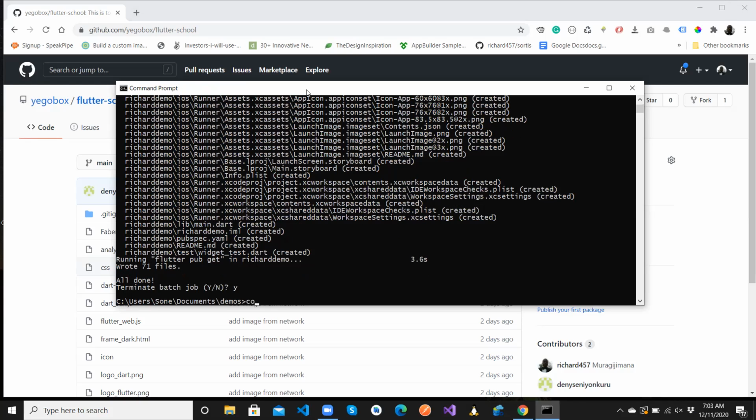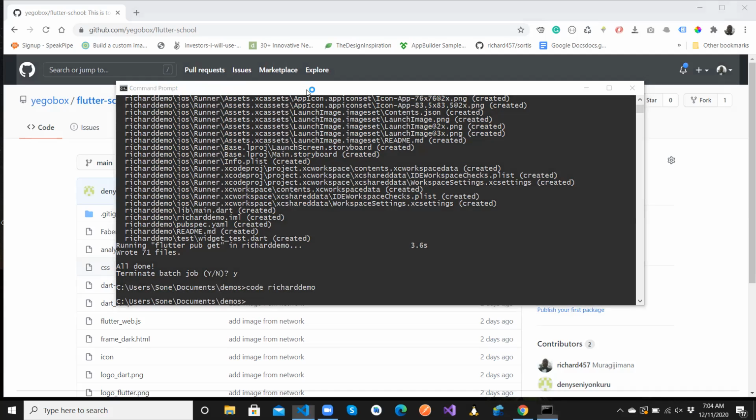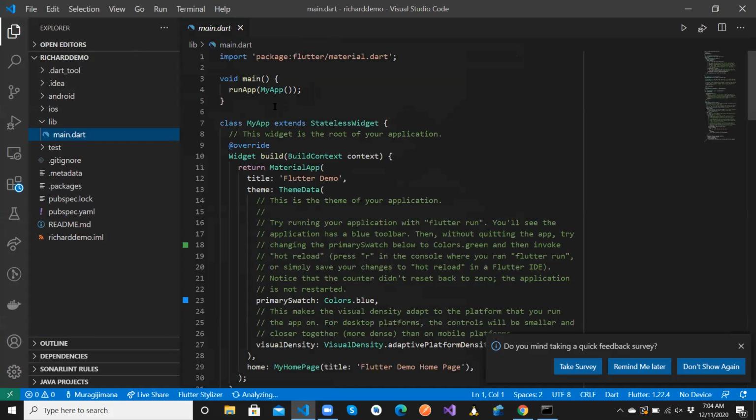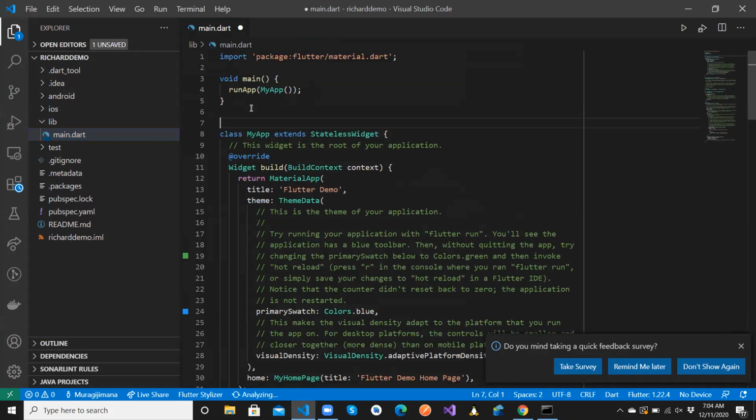So now I can open this project in the code editor, Richard demo. So this is our Flutter project, and that's how you can start your project too. So now we have a project. You can see that we have different folders. We have lib, we have iOS, we have Android, and so on. This is what I'm expecting when you push. So before I even touch the code base, you can see that we have some default files here